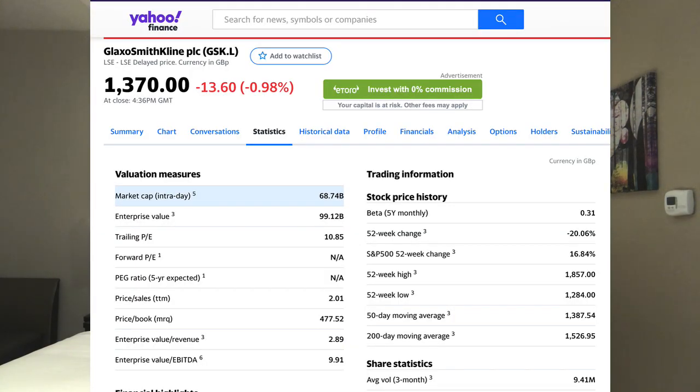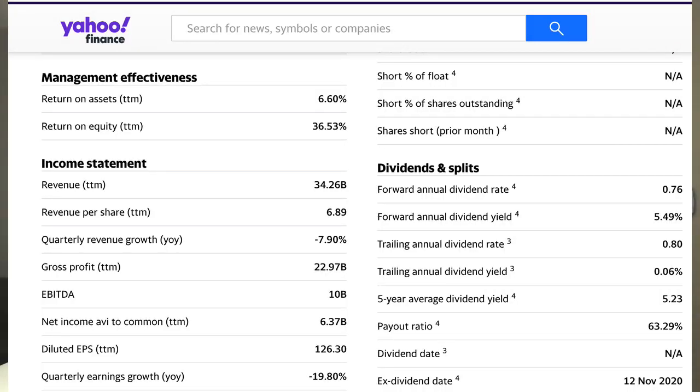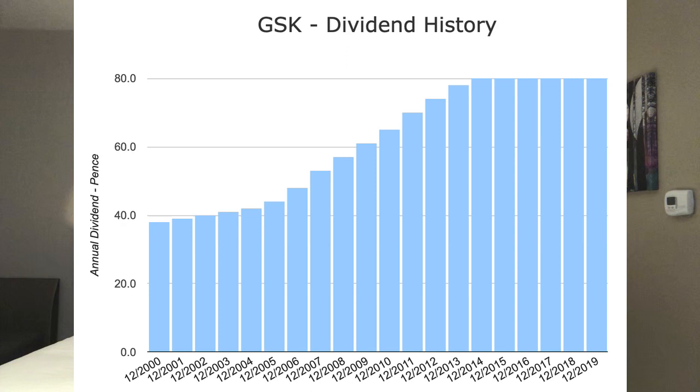The company has a market cap of some £68 billion and is currently trading at a share price of approximately £13.70. That is down over 20% on its 52-week high, and to me represents significant value at the moment. The company has a 5.74% dividend yield that has been grown or held for over 20 years. Specifically over the last 4 or 5 years it has been held at present rate, and that is merely because